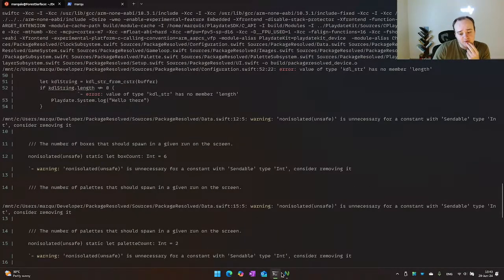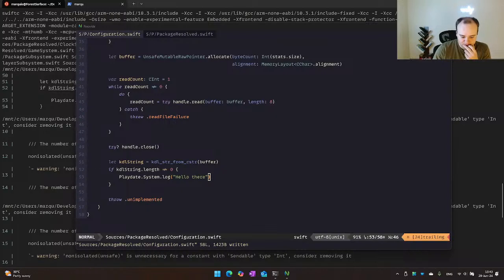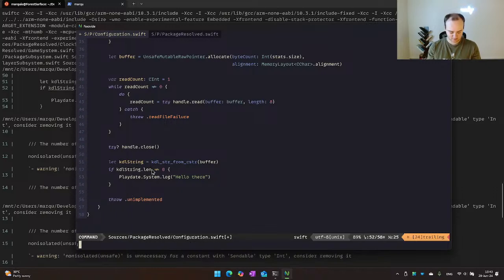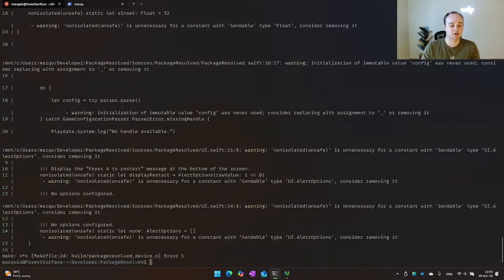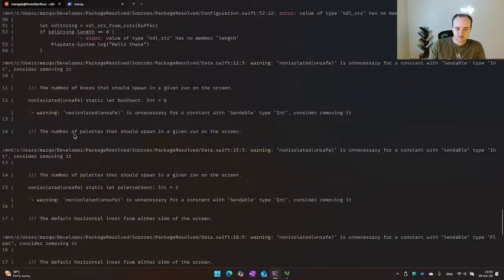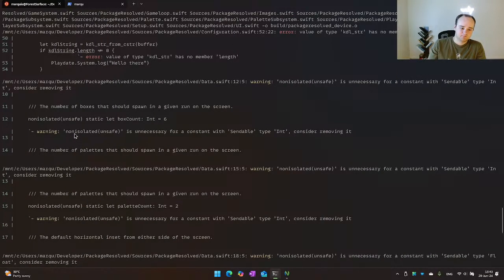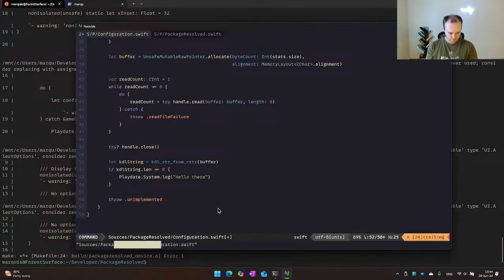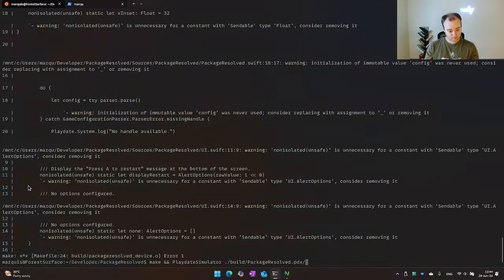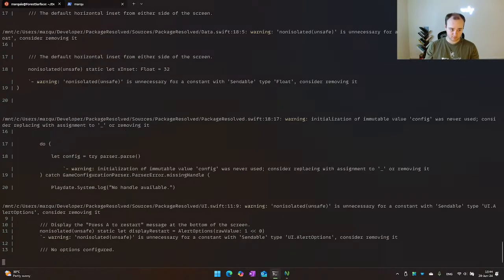Value of type cuddlester has no member length. Because of course it doesn't. Strings. It's len. But of course, the LSP refuses to tell me that. What? We just... Whatever.